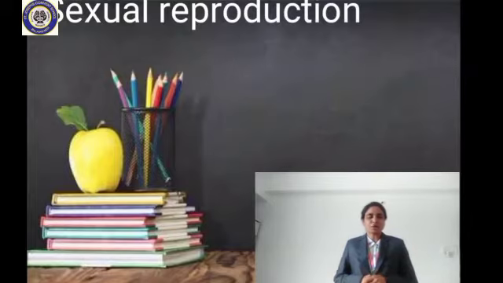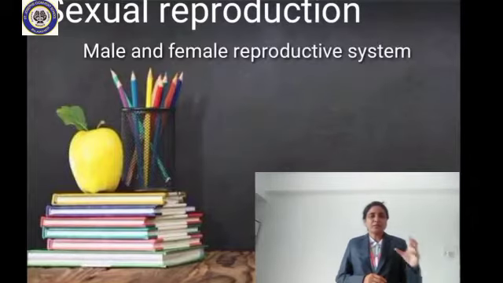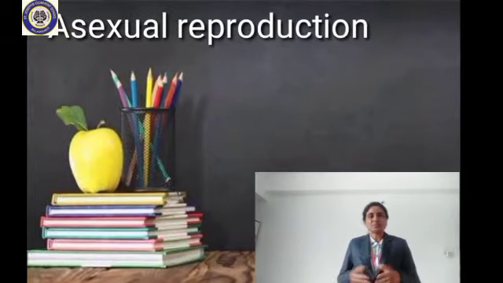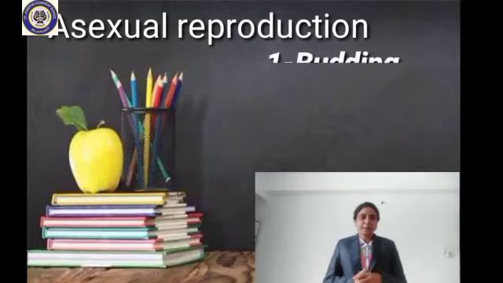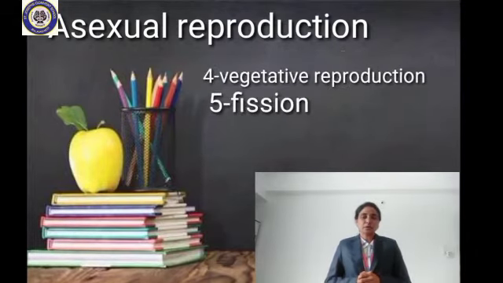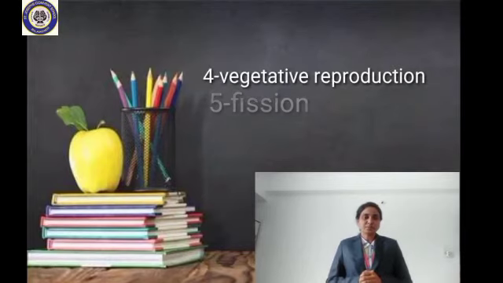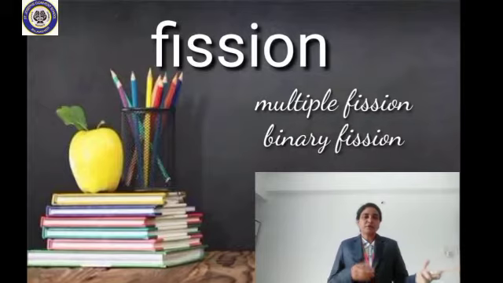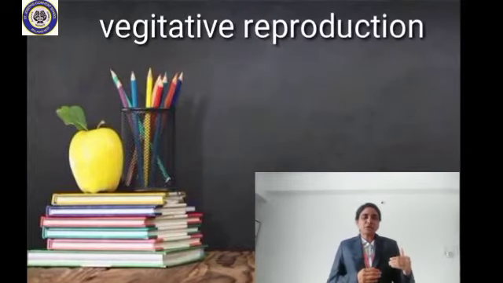In sexual reproduction, you will learn about male and female reproductive system, and in asexual reproduction there are few types like budding, fragmentation, regeneration, vegetative reproduction, fission. In fission again there are two types like multiple fission and binary fission. Okay, in vegetative